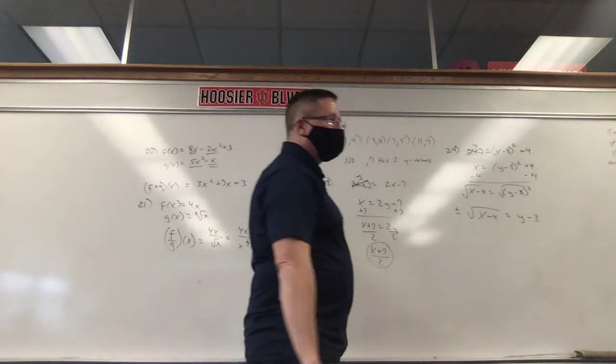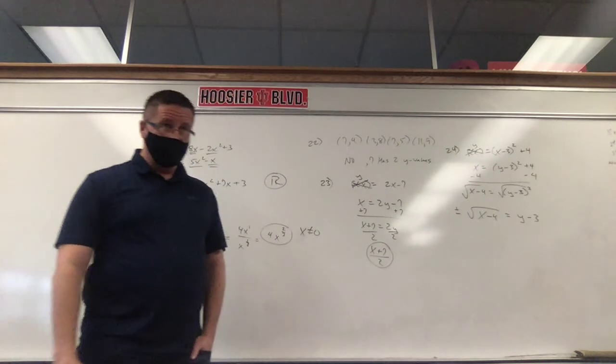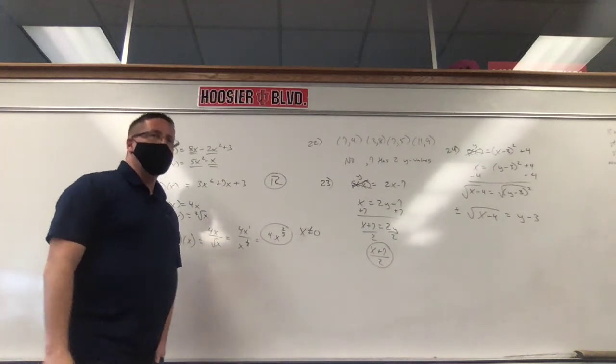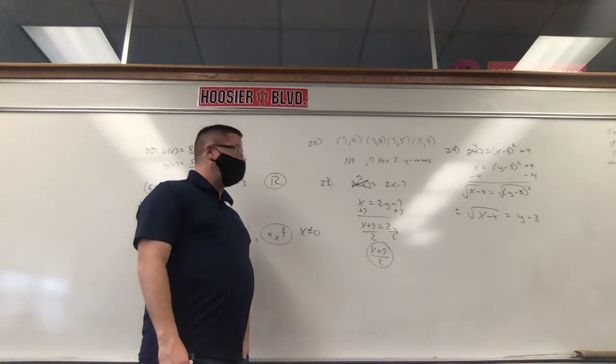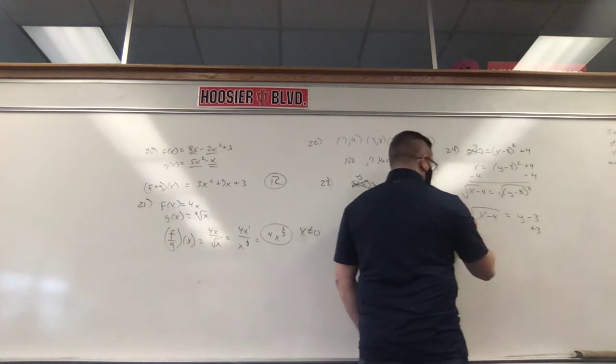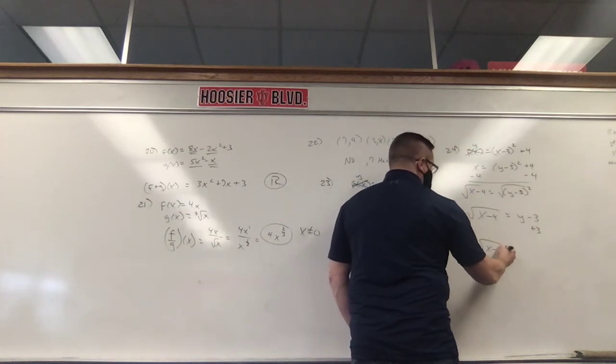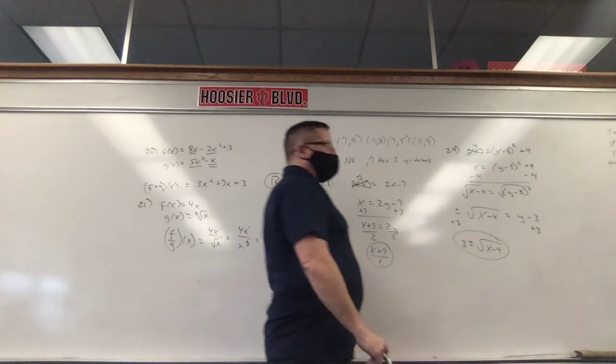Whenever you even root something, square root, 4th root, 6th root, whatever. If you forgot it, put a star next to it. Just make sure that you don't forget that tomorrow, because that's going to drastically change your answer at the very end. Then we add 3, plus 3, plus 3. Let's put that 3 in front. So 3 plus or minus radical x minus 4. Tell you what, I said we're going to do all 3 of them, then we'll